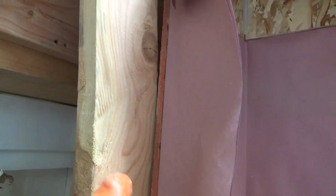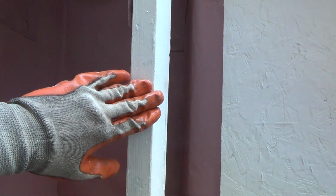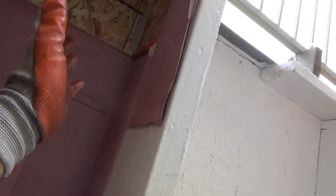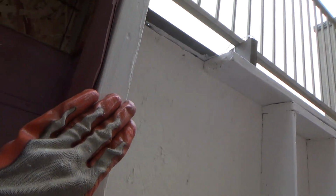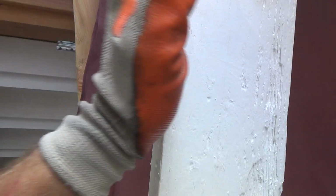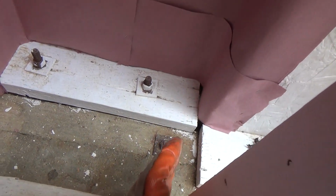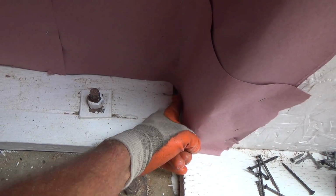Okay, so now I've got to do the same thing that I just did on this side over here. So I've got to take some measurements, and I'll use this as my straight edge in case for my plumb, in case the measurement is off at the bottom. If the bottom is different than the top, let's say, I'll measure from this edge, knowing that this is straight because I already put the level on there, and then I can measure from the straight edge of the plywood on over that way. I've also got a notch in there. It's going to fit in the same way, and it looks like I can push it in quite a ways,